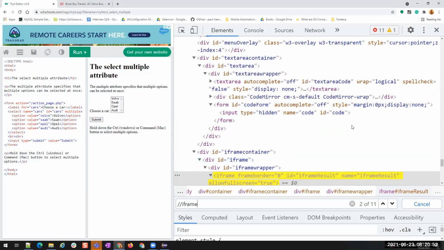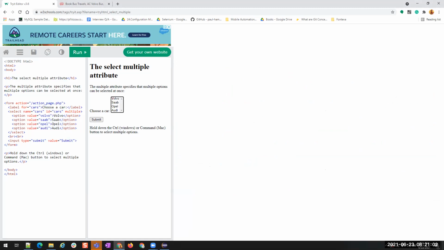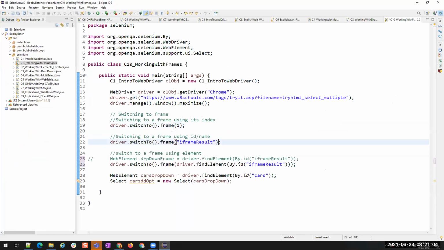Is your question clear, Bobby? Yes. Okay, cool. So this is how we use the switch to frame methods. One, using its index. Two, using its ID or name. Or the third way is using its element location technique. We will find that iframe tag or iframe element.